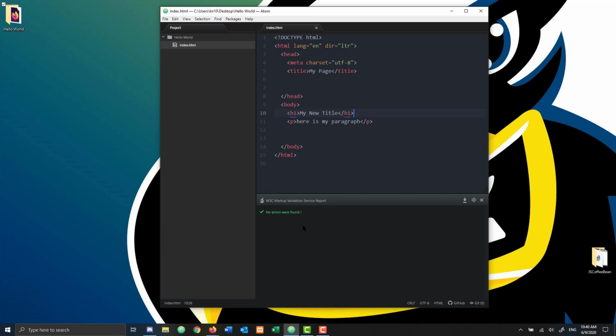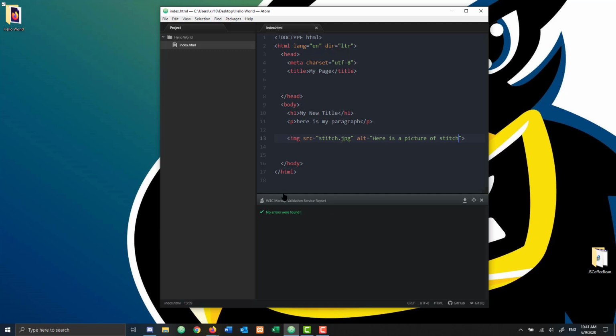So the other advantage, and I would highly recommend this because you have this error checker here: don't write a whole bunch of stuff and then save it to check the errors. Just do little bits at a time. In other words, maybe I'll add, we're going to do image tags soon, so here's a foreshadowing of how to put in an image. So I'm going to put in IMG, and I can hit the arrow, and then here's the source. So this is actually going to be the name of your image. I always use stitch.jpg. And then if I hit tab, I've got an alt. Here is a picture of Stitch, and you'll be seeing this in an upcoming video. And then instead of putting more stuff, I'm going to Control Save